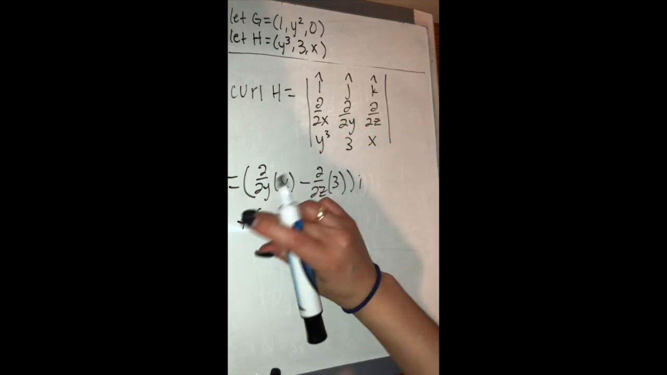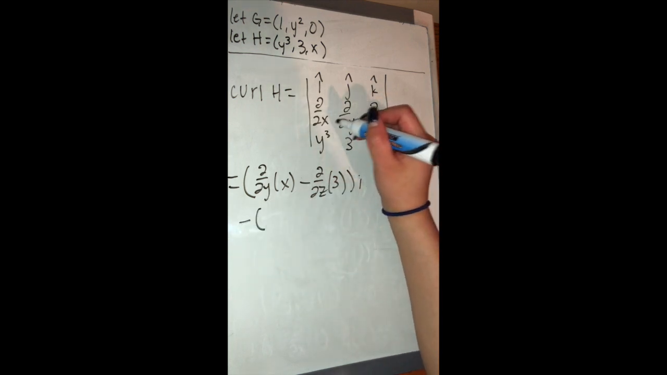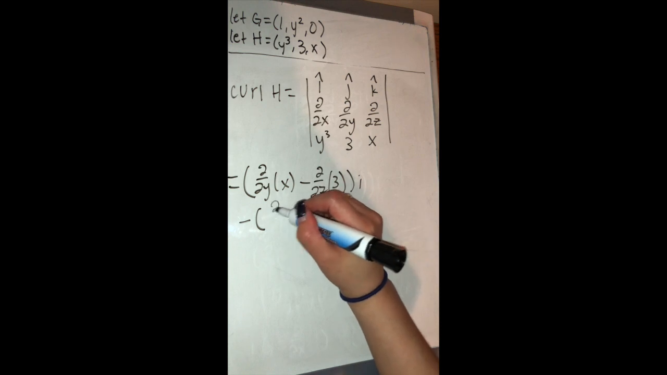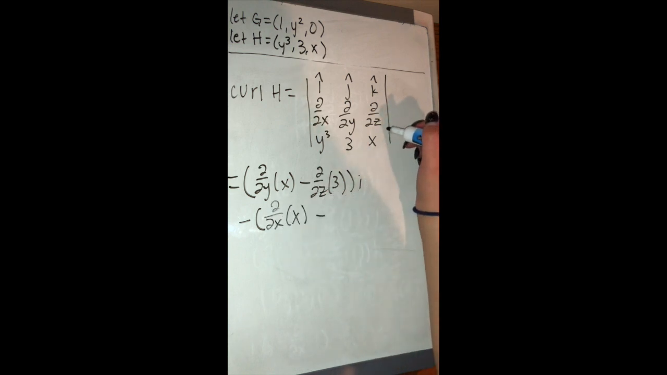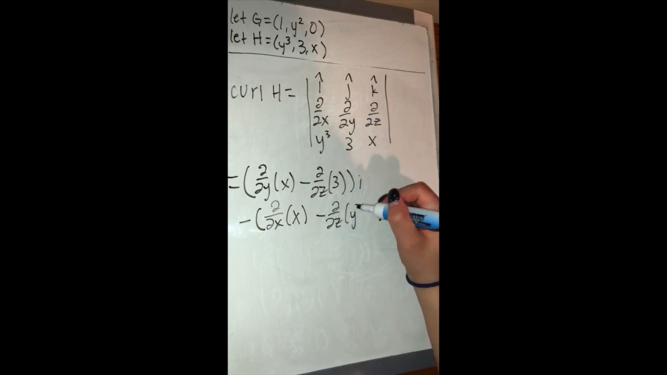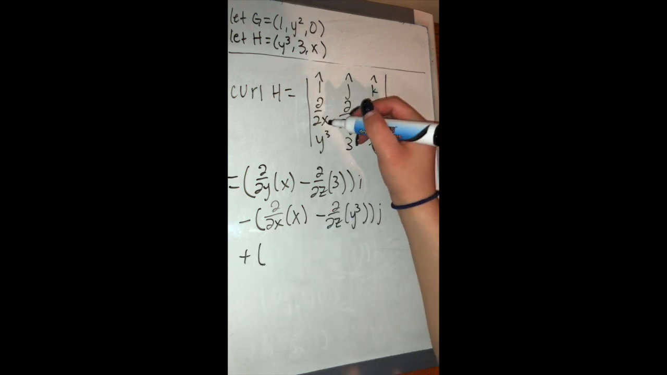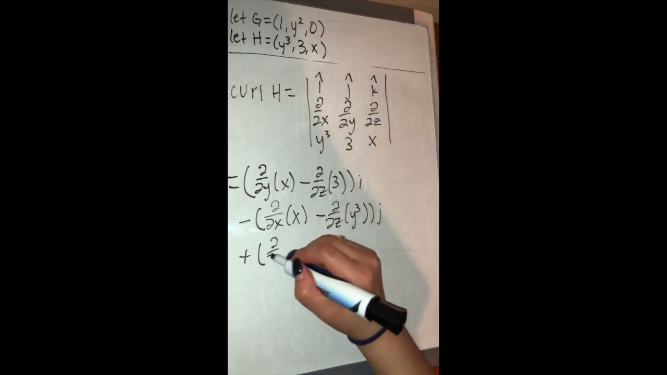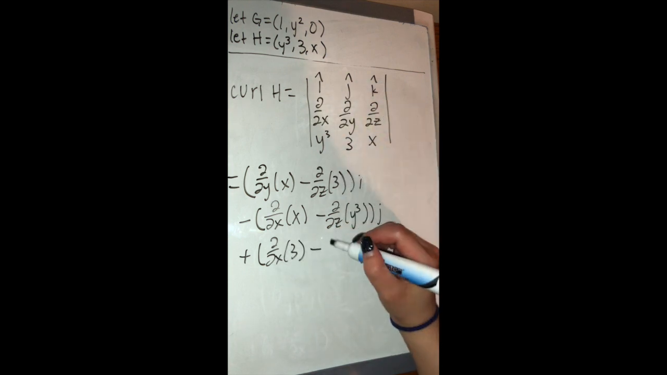minus your j component. Your j component is partial with respect to x of x, minus partial with respect to z of y cubed, and your k component, partial with respect to x of 3, minus the partial with respect to y of y cubed,